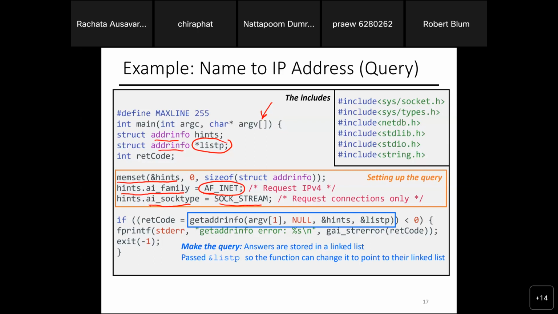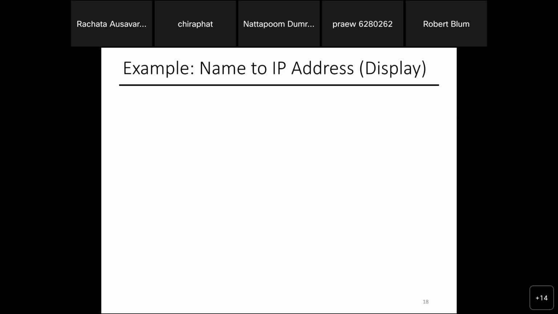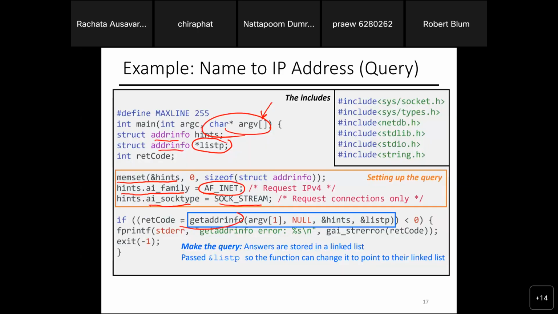We just set up the query, saying this is the internet address in IPv4 format. The input is in argv, so that's the host name we want. Now, because we have the getaddrinfo call here, listp is what we actually want from the return.